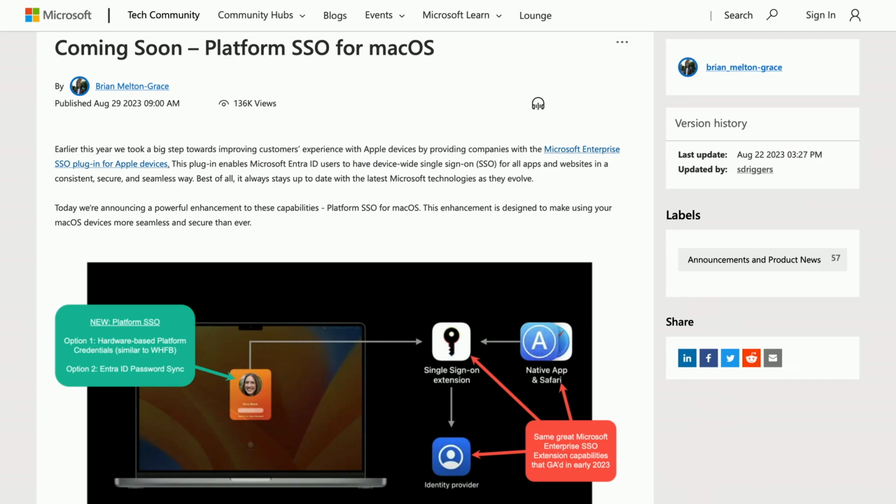Microsoft has done amazing work with documenting Platform SSO. They've got great documents, they've got great videos, they've got some great presentations at conferences around the world. So this blog post is from 2023, before Platform SSO was even in public preview. At that time, they were really leaning into Secure Enclave instead of password sync. So see this green bubble where